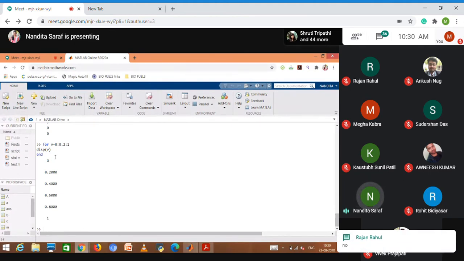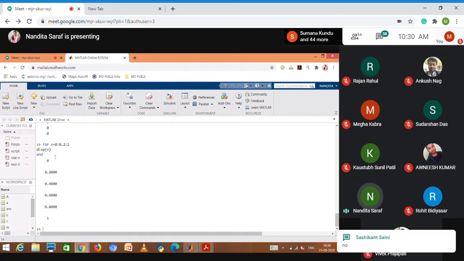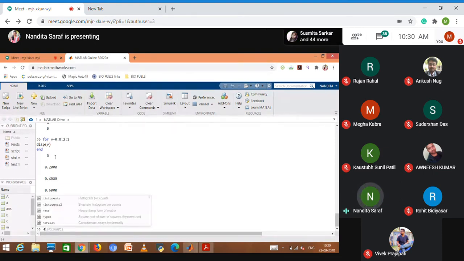So let's say I'm creating a matrix of size 5 cross 5. So I'll say S is 5. I'll assign H as my matrix, and initially I'll assign zeros to all the elements of the matrix.